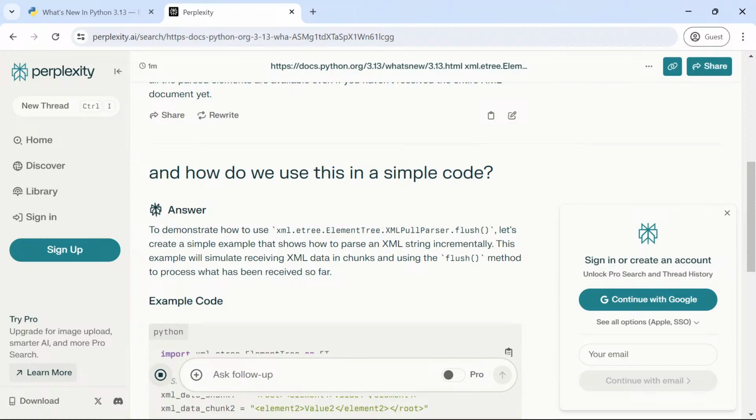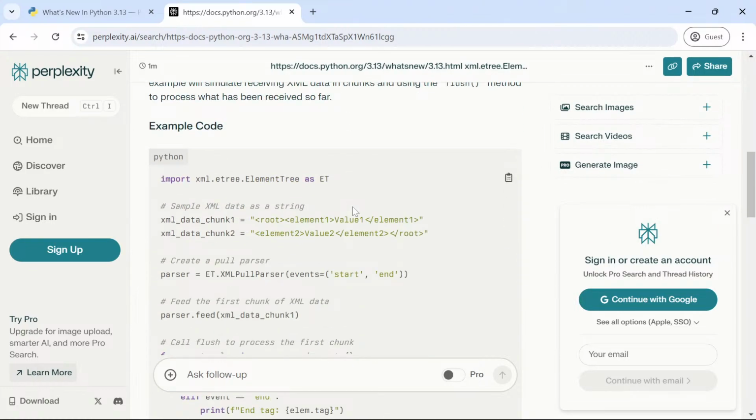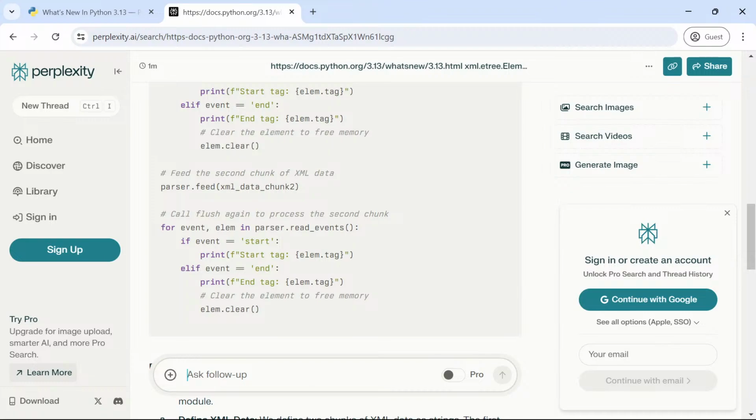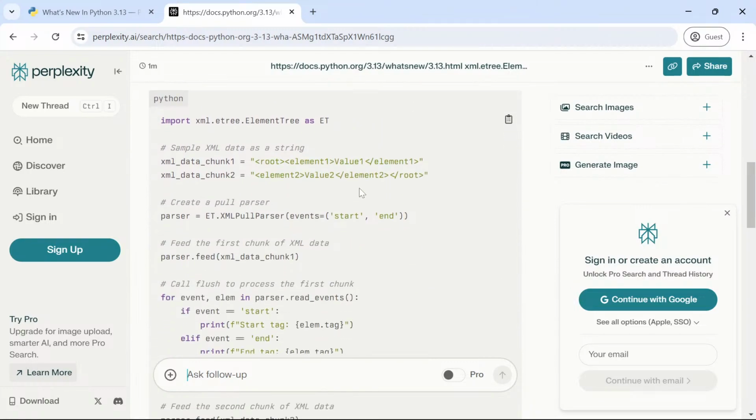To demonstrate how to use xml.etree.ElementTree.XMLPullParser.flush, let's create a simple example that shows how to parse an XML string incrementally. This example will simulate receiving XML data in chunks and using the flush method to process what has been received so far. Okay, so what we want to do first is